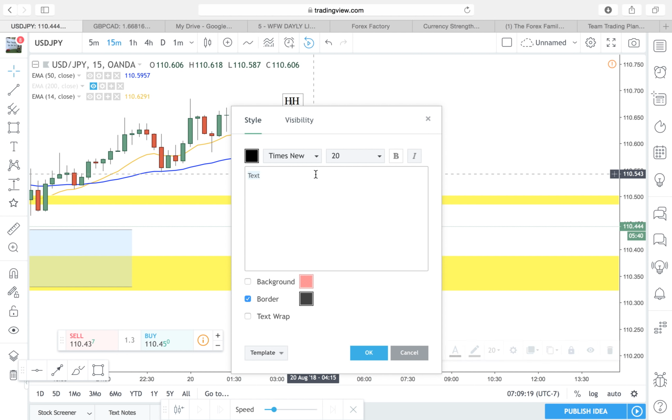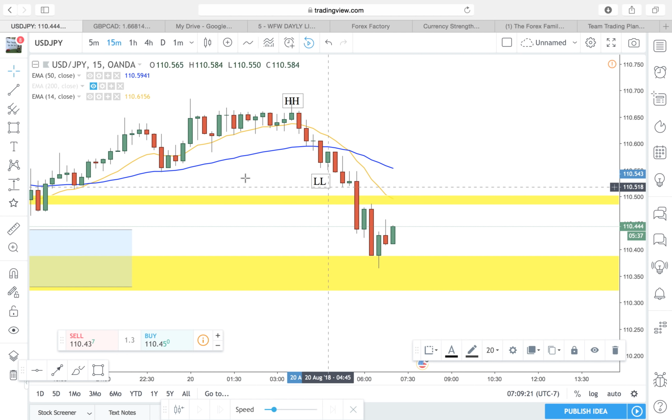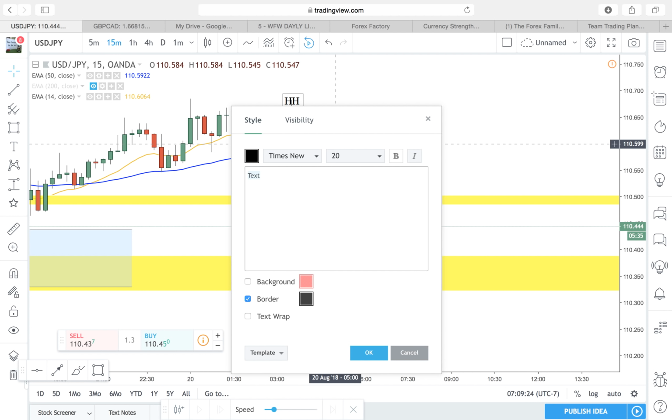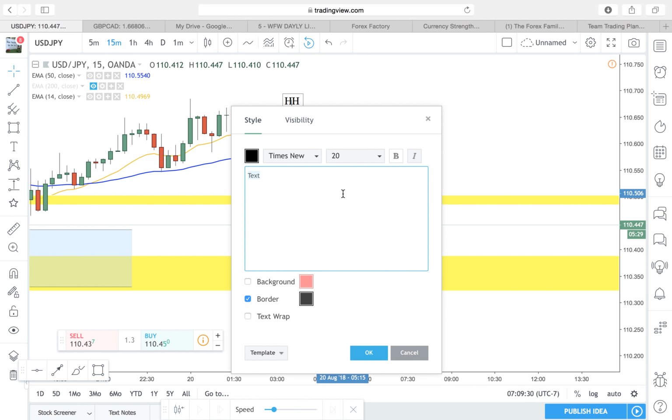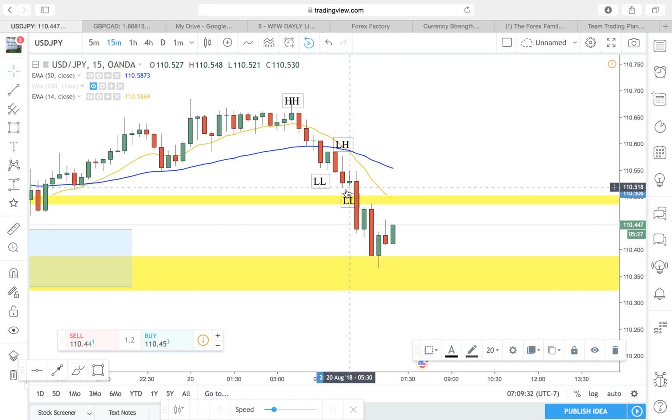But let's see, did we have structure? Going back to our little baby formula, we did. How do we know? Because price was making lower lows and lower highs. And I do believe we're going to have a bigger drop in UJ probably this week. I already saw it. Maybe it's not going to be right now because it's just Monday.